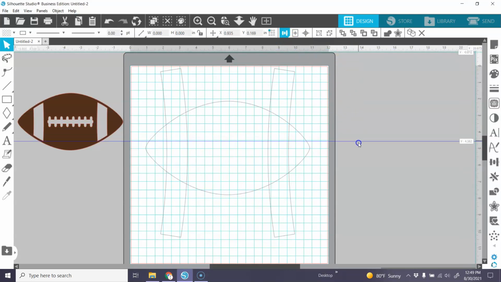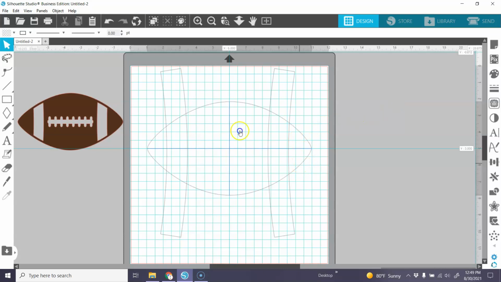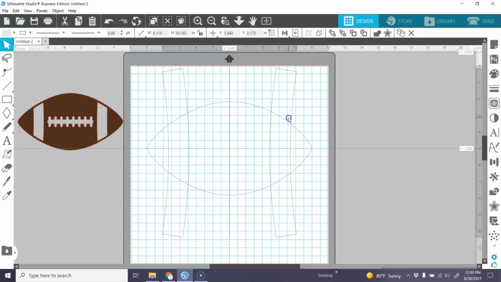I could also bring down some guides from the top and the side, and that's also in your setup panel under the guides, show guides, or not show guides. And I can align that right to those guides. Okay, so now that I have everything aligned,